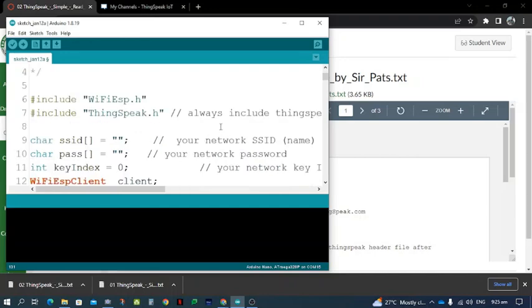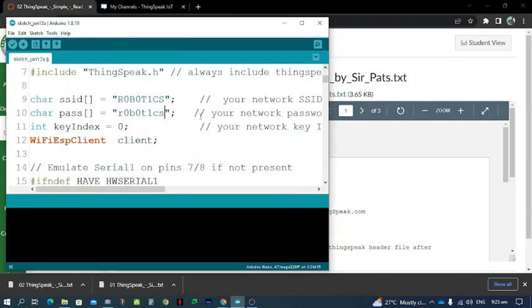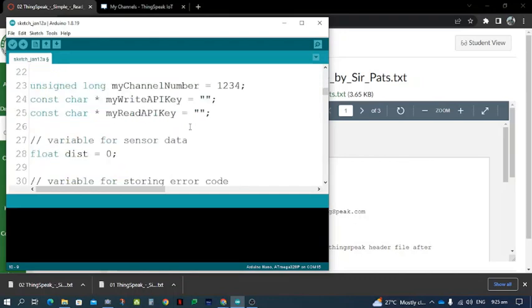So first of all, let's specify the Wi-Fi network. I'll be using the local 2.4 GHz network, R0B0T1CS. The password is R0B0T1CS. This only works in the laboratory. And then what will happen is